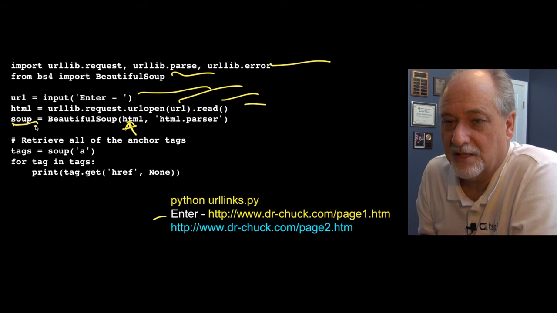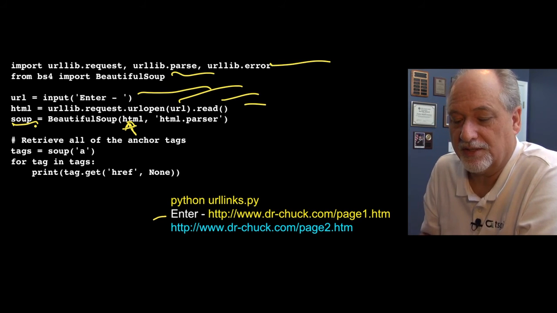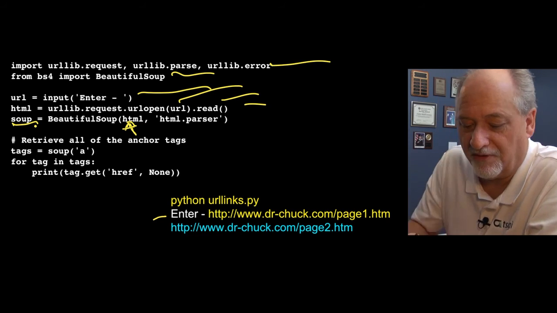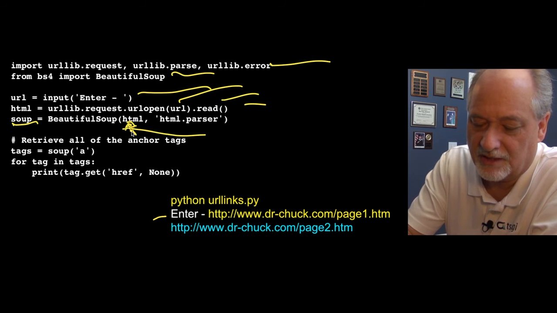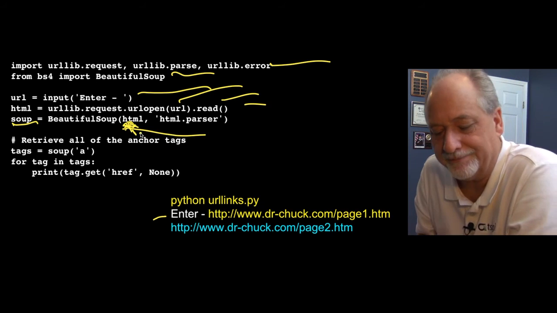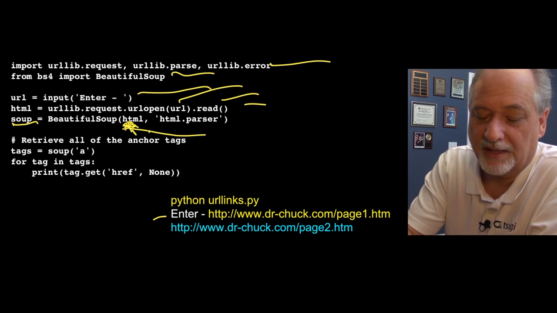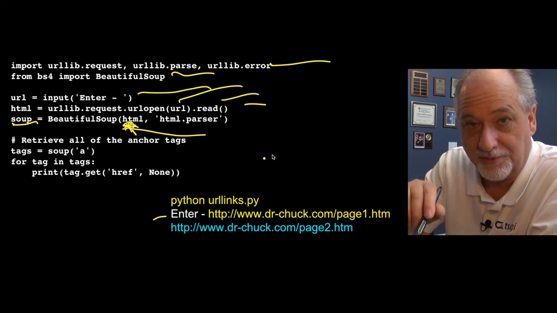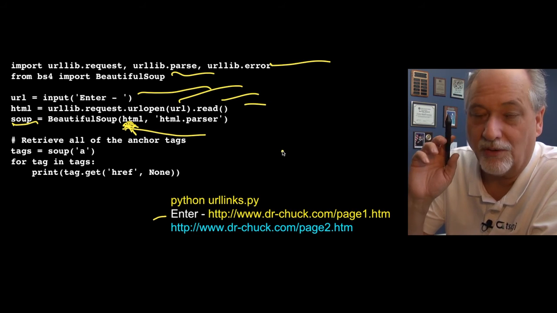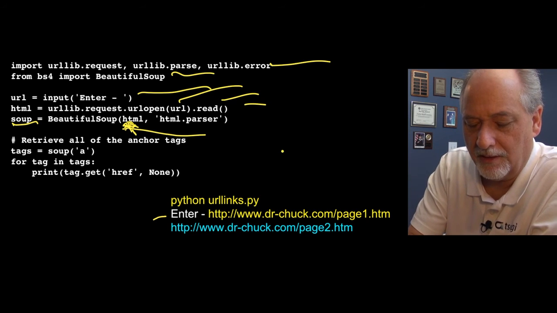Now the soup object is something that you can run queries against. So it parses it, it deals with all the imperfections and inconsistencies in this HTML byte array. And it fixes that and gives that back. And so there's various things you can do, and you've got to go look at the Beautiful Soup documentation. It could be a whole class on Beautiful Soup. So here's a thing you can do, is this object